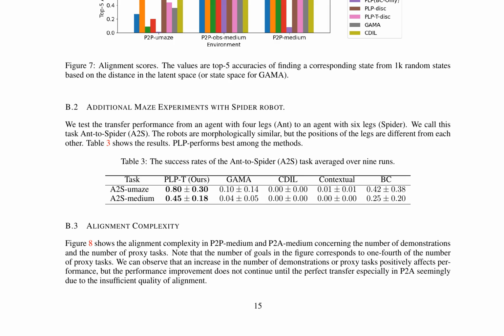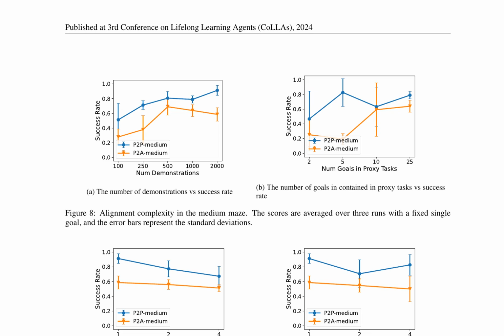The transfer performance from an agent with 4 legs to an agent with 6 legs, known as the ant-to-spider task, is also discussed, with PLP performing best among the methods. The complexity of alignment is analyzed in terms of the number of demonstrations and proxy tasks, revealing a positive correlation, but with diminishing returns. The effect of increasing the number of source domains is investigated, showing a performance drop, especially